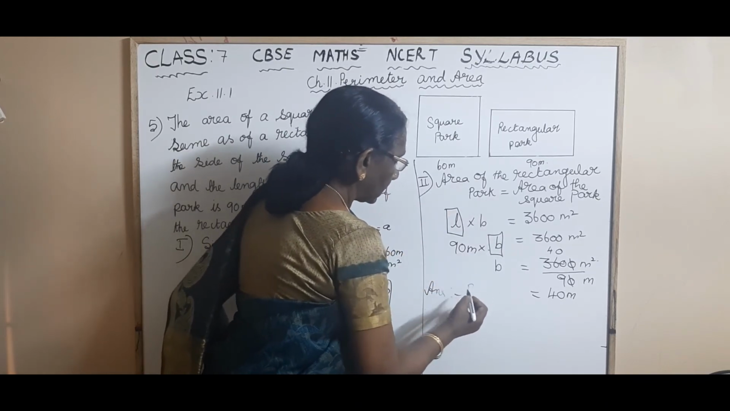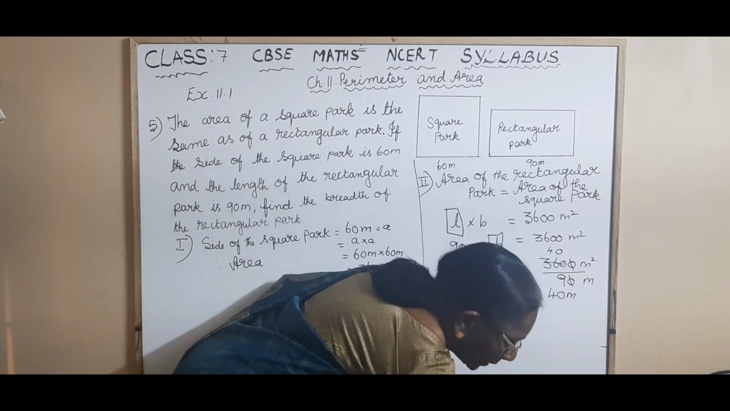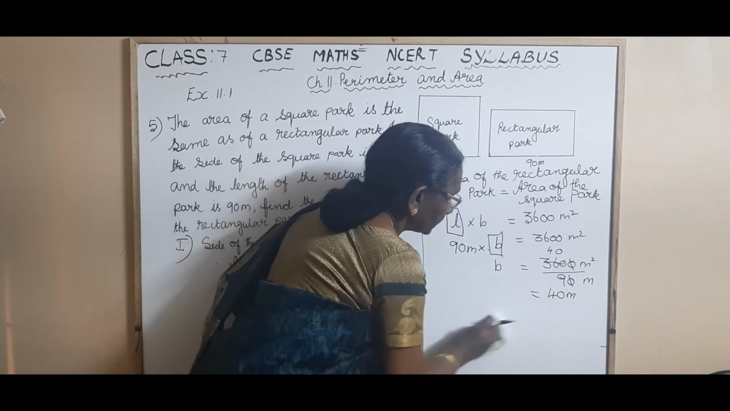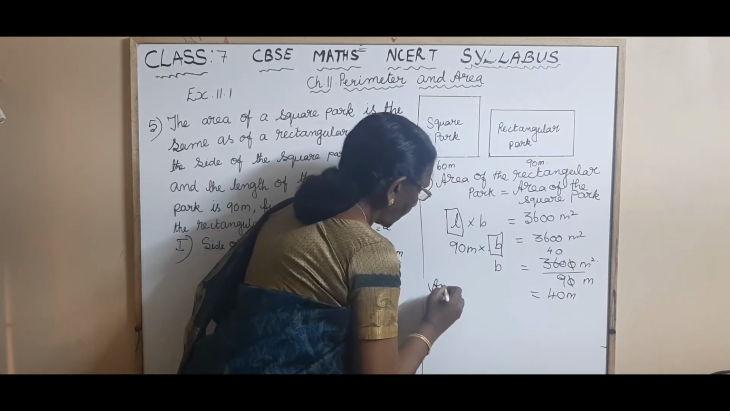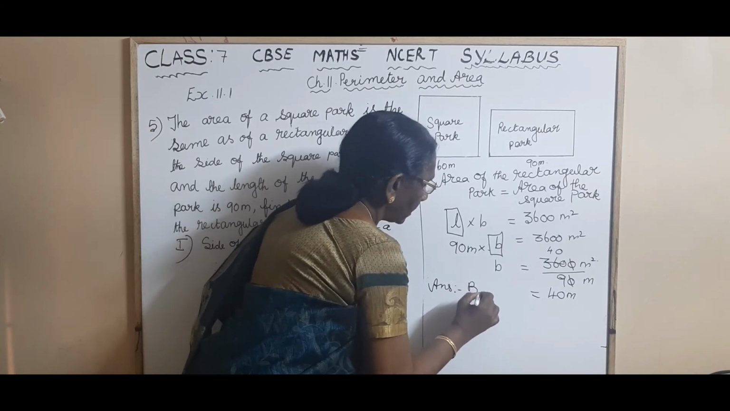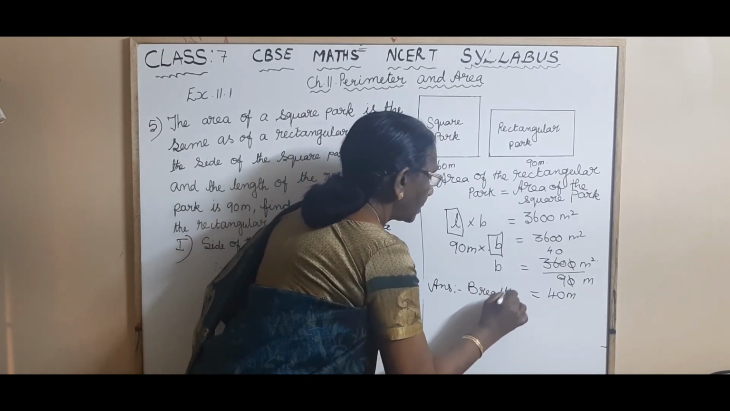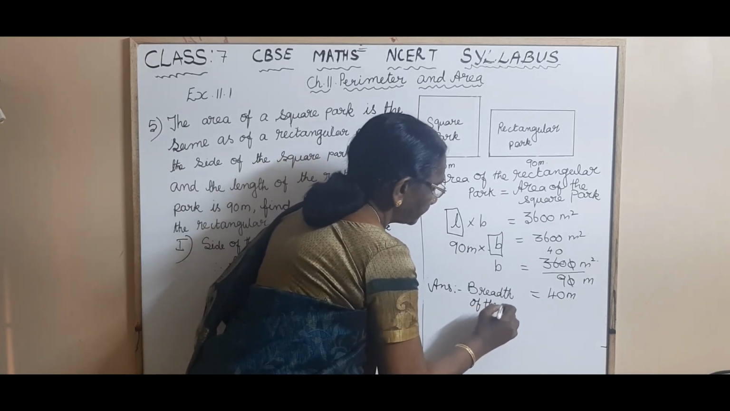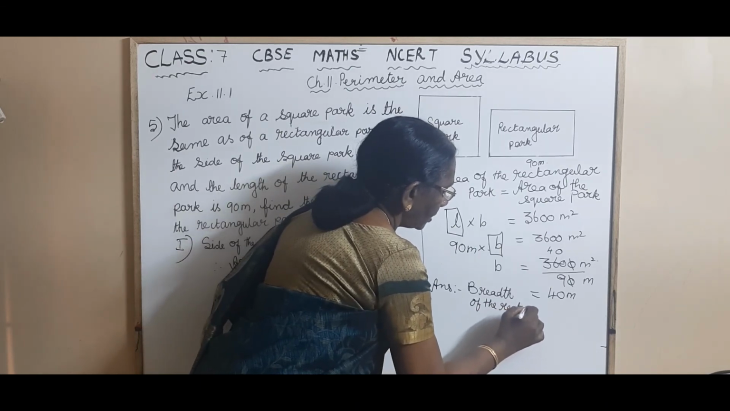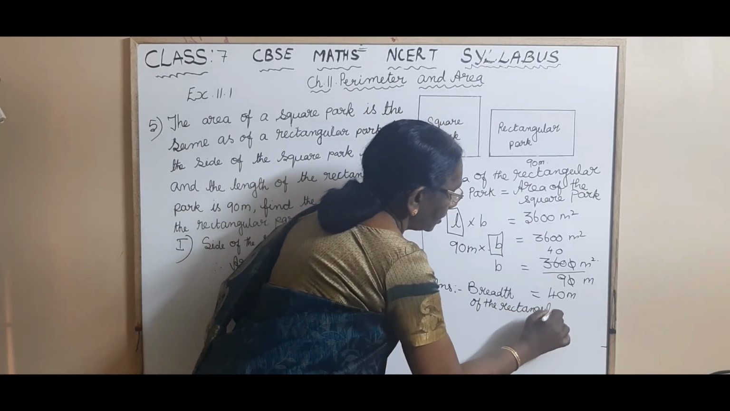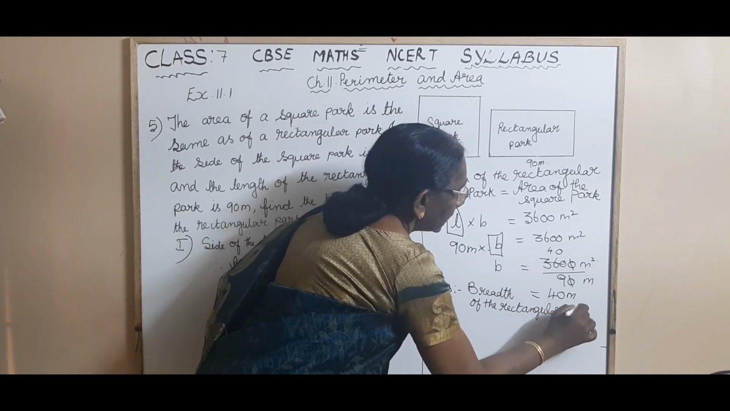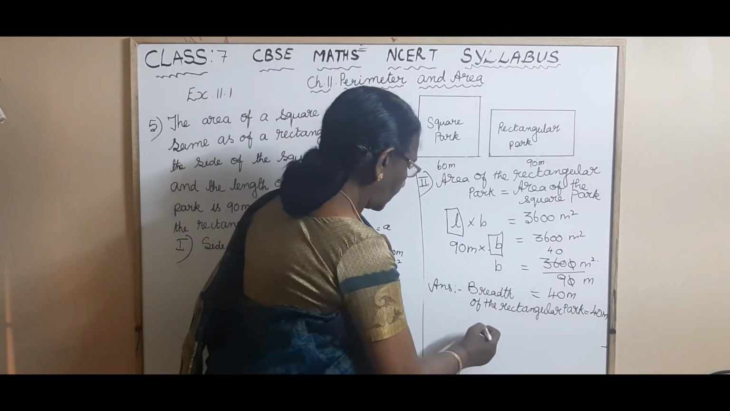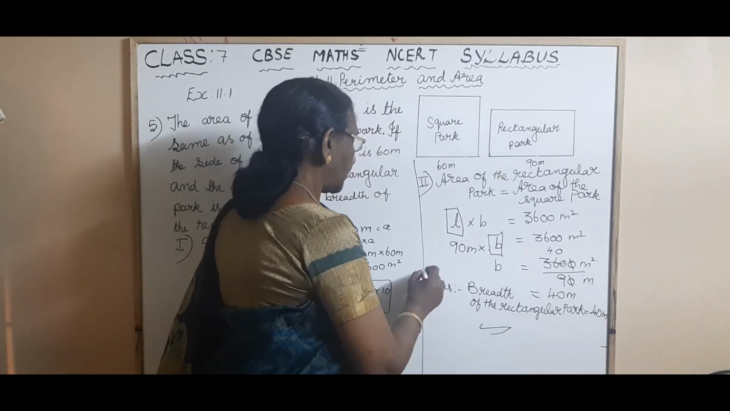Breadth of the rectangular park is equal to 40 meter. That's all. I think you might have understood this